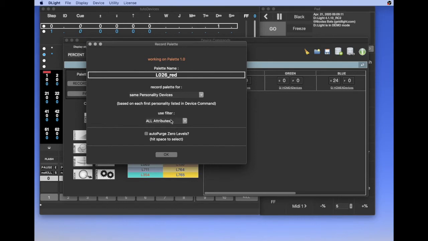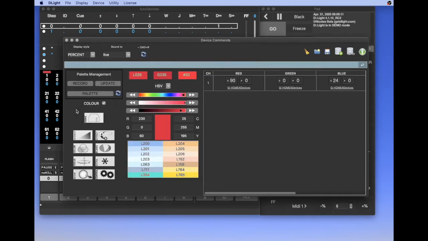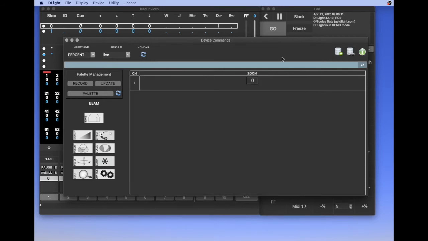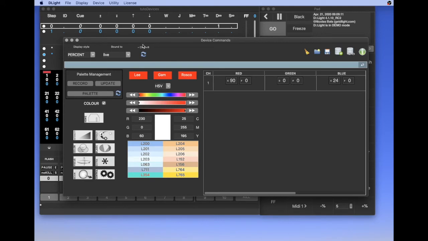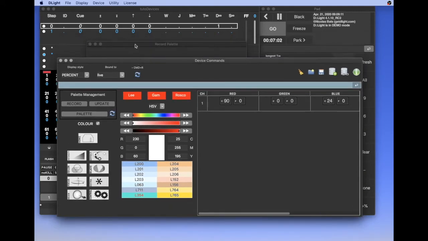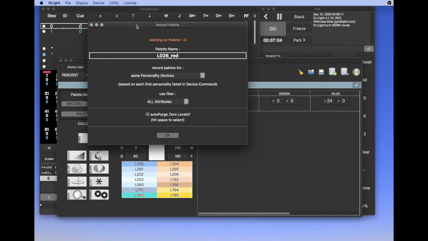The most important thing is to set the filter. If you leave all attributes, the palette will be recorded with all attributes of the device, meaning all parameters of color, all parameters of beam, all parameters of effect. I really suggest you split your palettes.